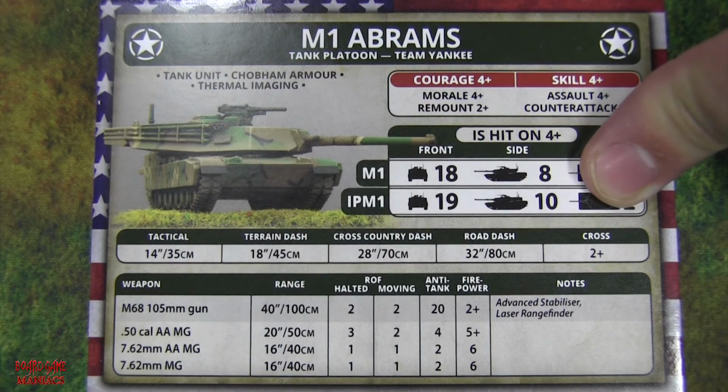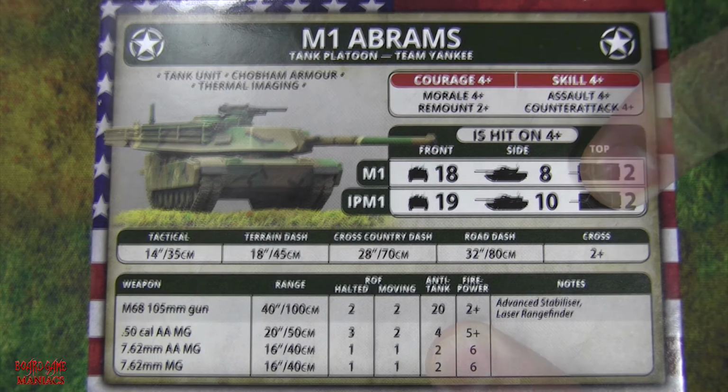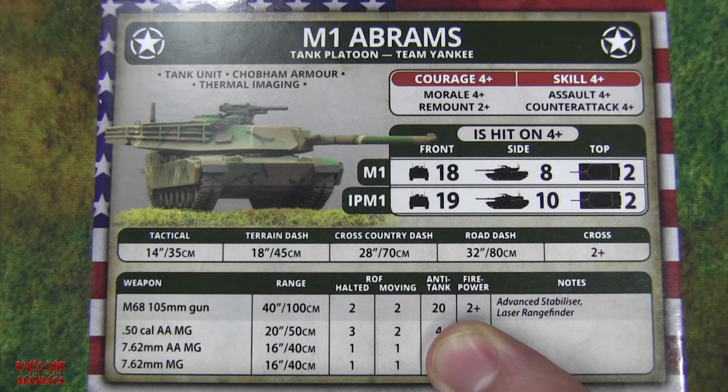So when you're shooting, you have to take into account if you're over the 16 inches, and if it is over 16 inches, you're going to have to add a +1 to your roll. On top of that, you've got to look if you have the laser rangefinder or guided. If the save roll plus the armor number is less than the anti-tank number, the shooting player rolls another die